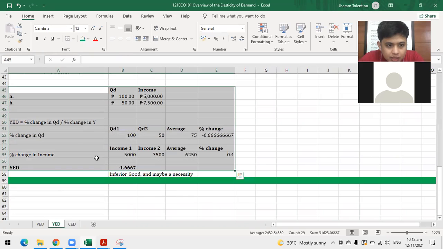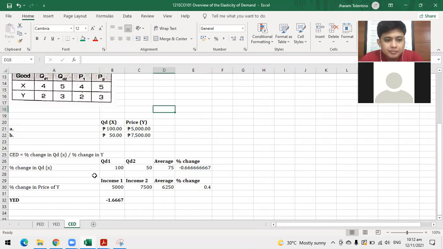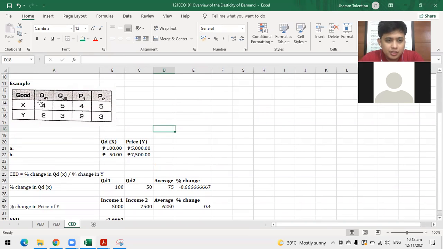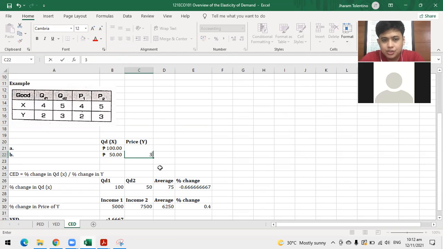Palitan ko nga ito. Change in Y. Y is input. Okay. So, palitan natin. So, ano yung itsura niya? Ganito. Gusto natin malaman if the prices of Y will change from 2 pesos naging 3 pesos. Okay? Ano yung effect niya kay